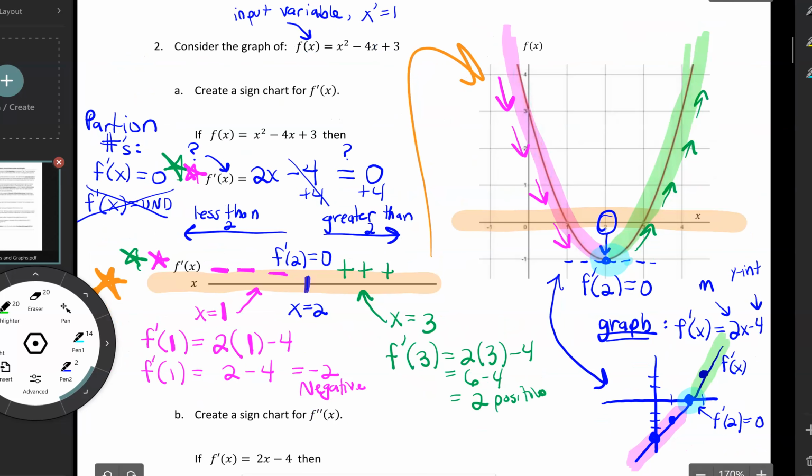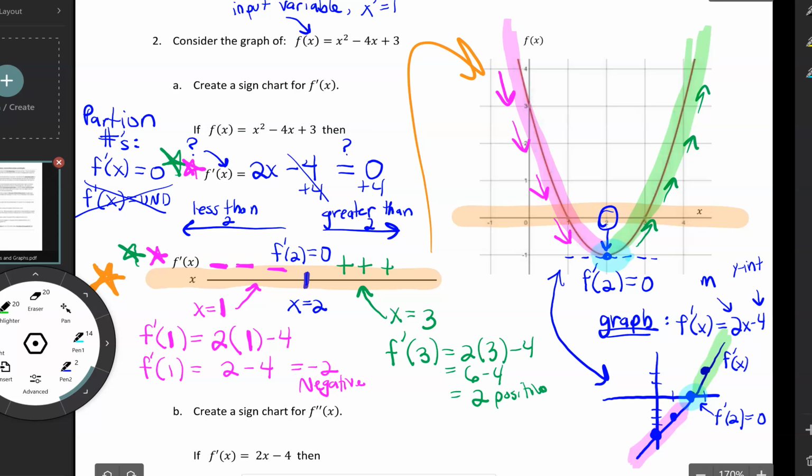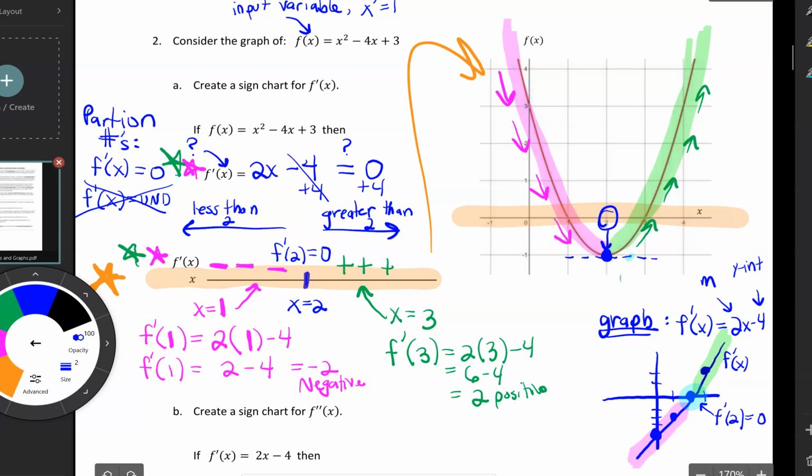Okay. So the light blue color there, if I look at my light blue color that I've highlighted, this point right here on my graph. Okay, this point tells me two things. If I'm looking at the original graph, just f, if I put 2 into the f function, the output is -1. But if I put 2 into the derivative function, the derivative or the slope of the tangent line is 0,